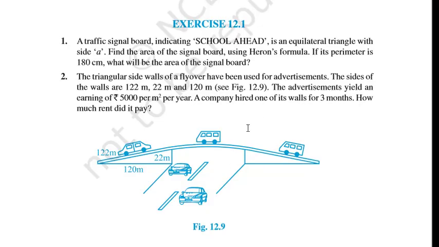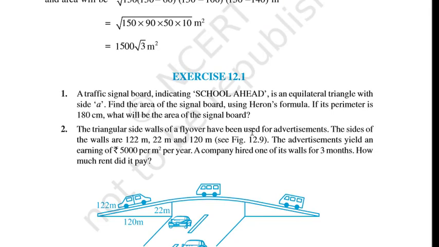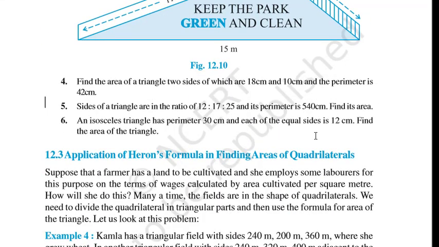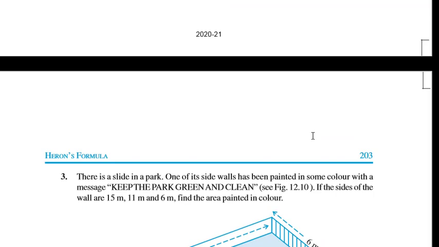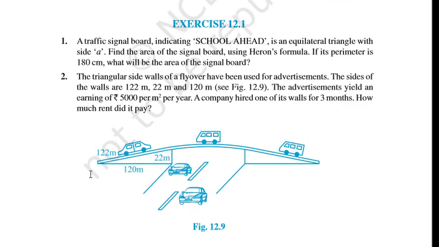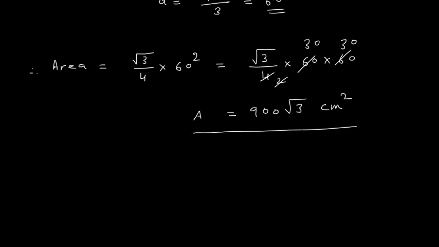Now here we have a total of 6 questions. One question we have already done. Now what I recommend is that you try the rest of the questions, okay, and if you are not able to solve them, then check my next lecture for the other problems. I hope that till now, whatever we discussed, you understand. Okay, you understand what Heron's formula is? By using Heron's formula we can find the area of a triangle when the lengths of all 3 sides are known. Simple? Fine. Thank you for watching.